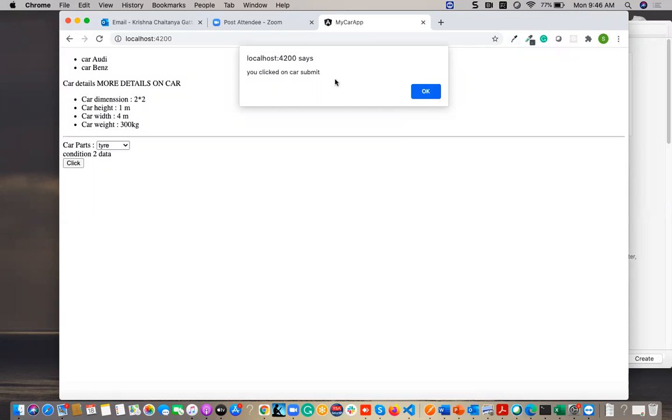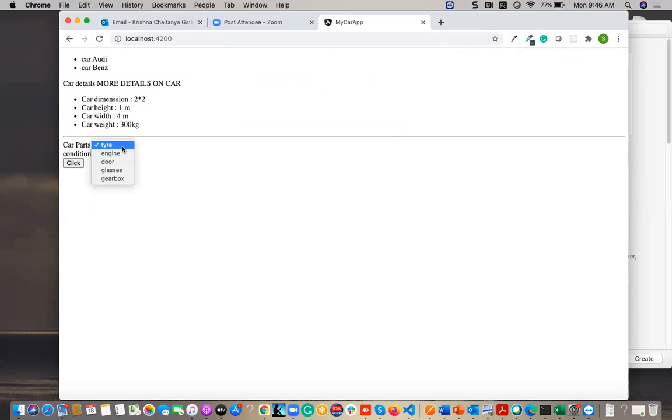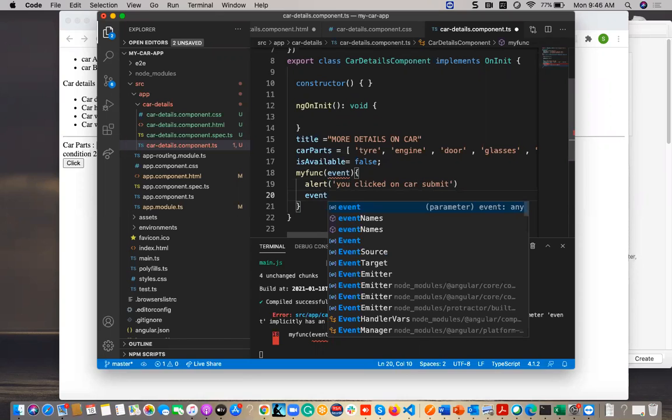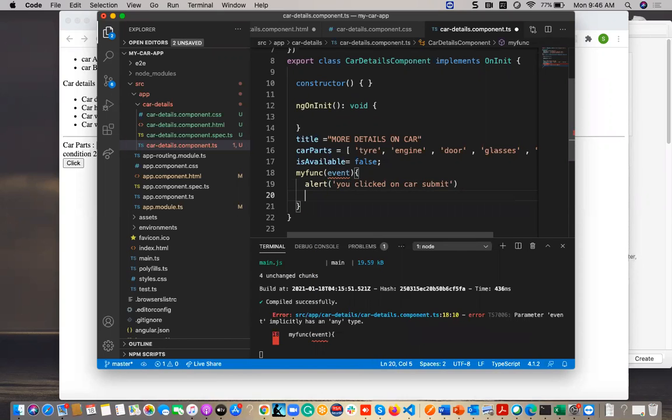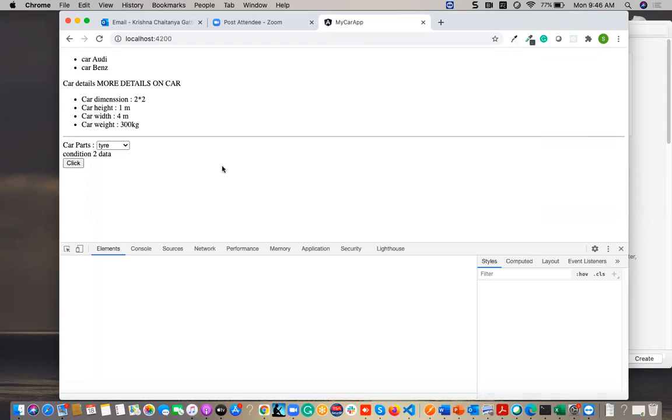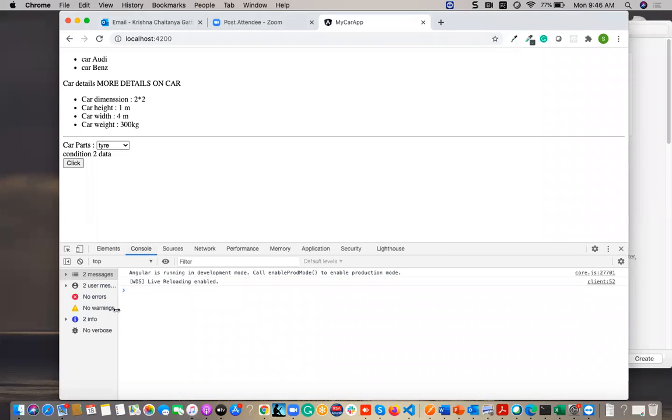Also, if I want to check this condition, I can click here, and if you want to console log this event, you can give a console.log in the click. So you can give console statements for this also, so that if I click on it, it should display.